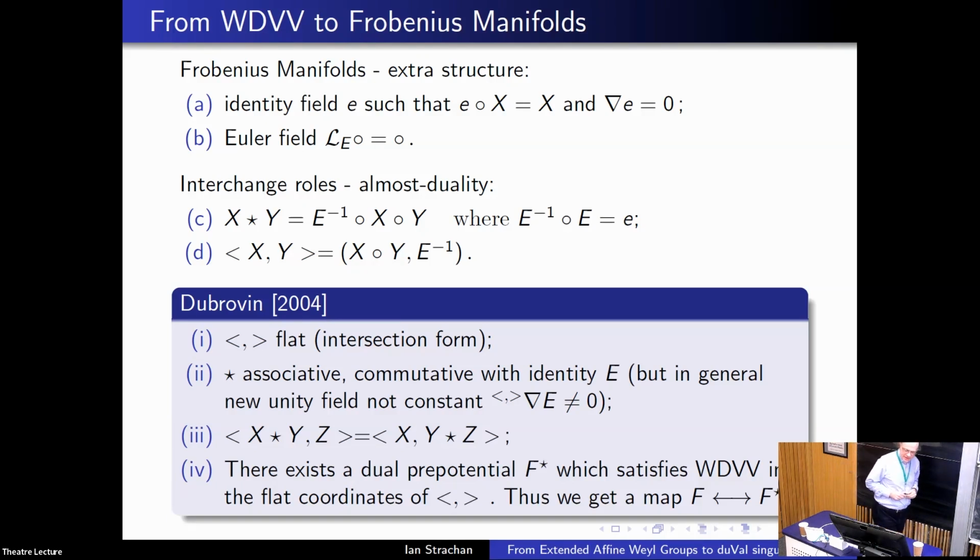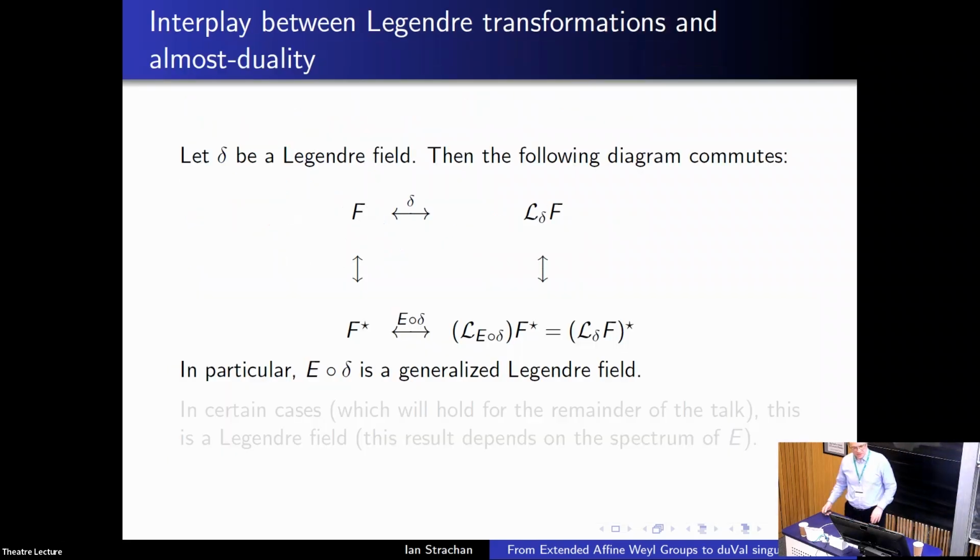So what we've got now then is two ways to calculate new solutions from old solutions. You can start with some F, and then you can take a Legendre transformation, and that gives you a new F. Or you can work out from F the almost dual solution. And the next result takes a bit of work to calculate, but it's pretty obvious really, is that